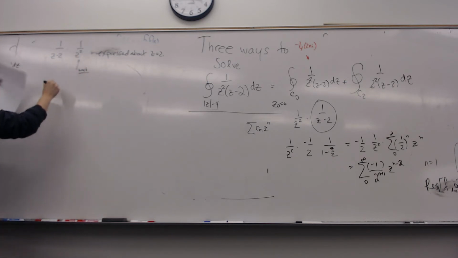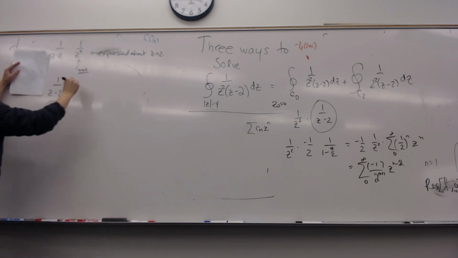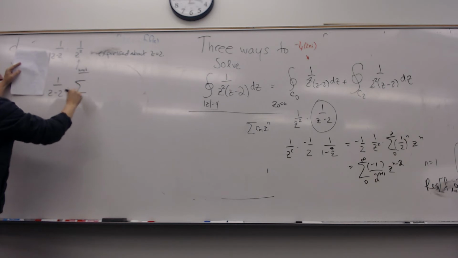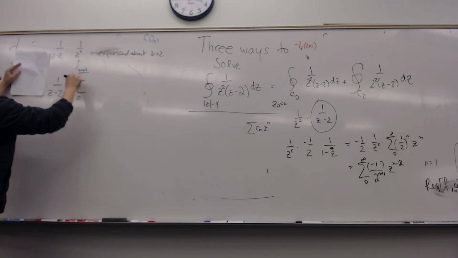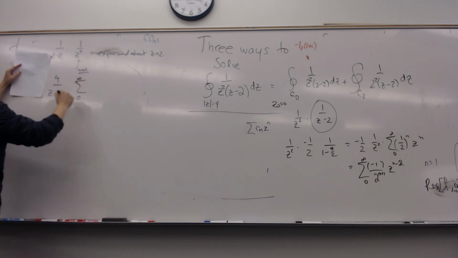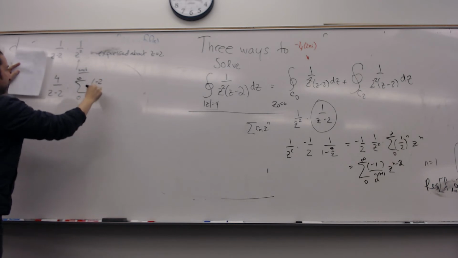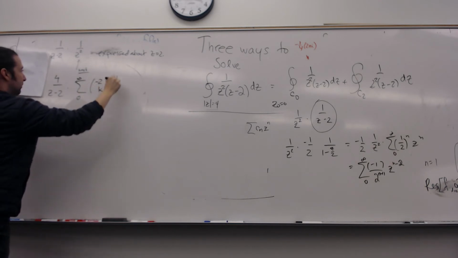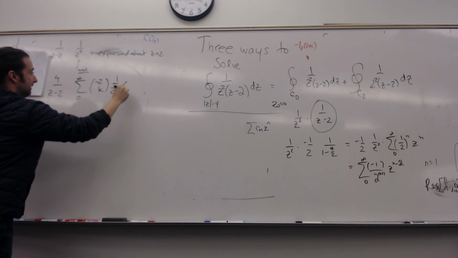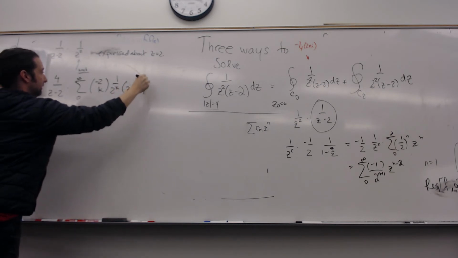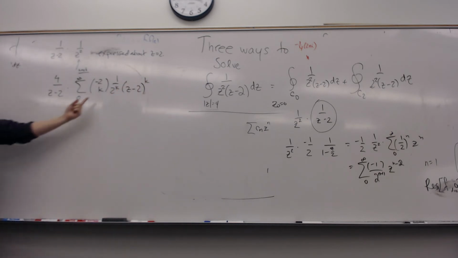And what falls out is this: 1 over z minus 2, you can see all the work on my page here, times the sum from 0 to infinity. There's a 4 out here, and we have minus 2 choose k, 1 over 2 to the k, z minus 2 to the k. These are called the binomial coefficients. This is a pattern that basically follows the same pattern that